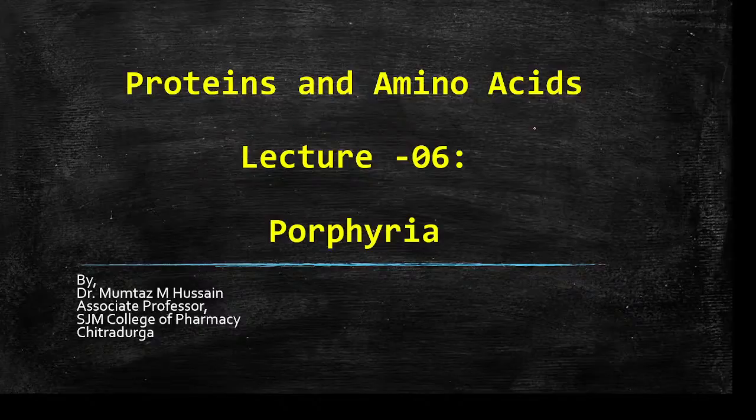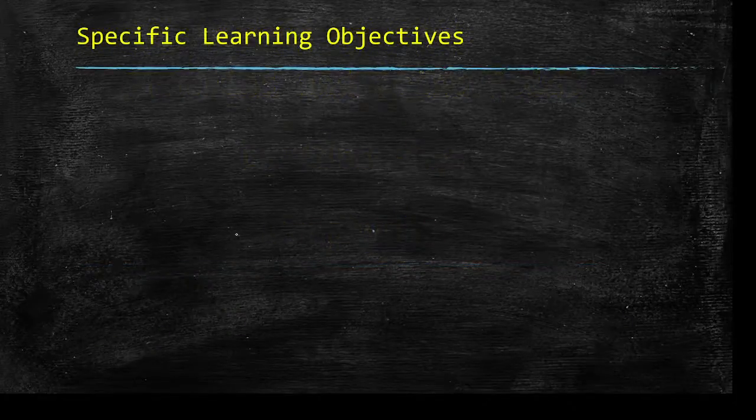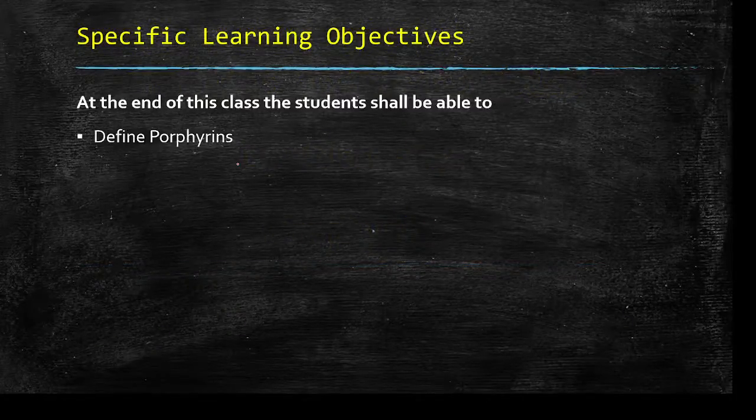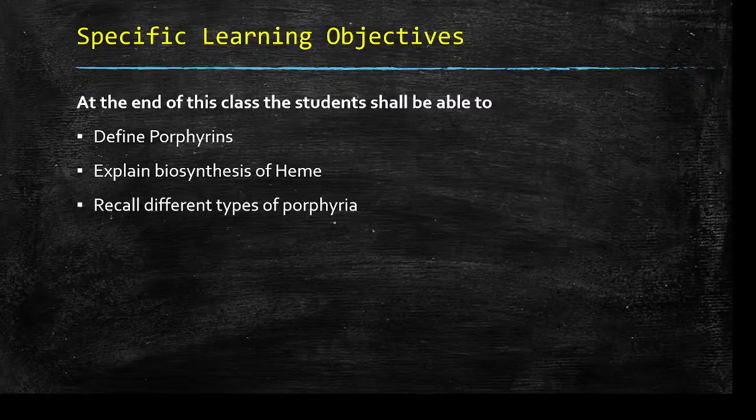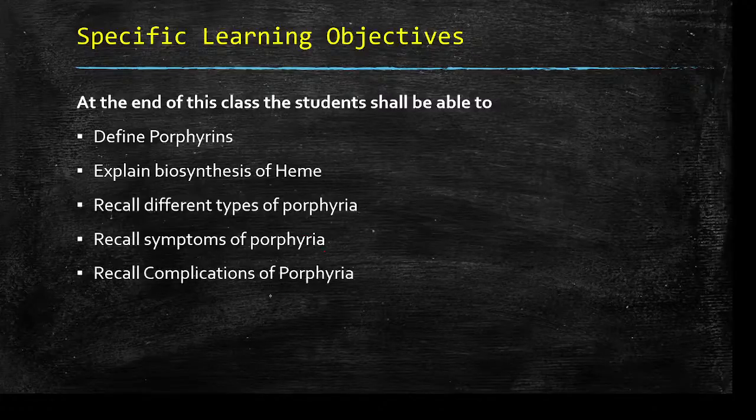Amino acids. Good morning. Welcome to medicinal biochemistry class on proteins and amino acids. So today we will learn about porphyria. The objectives of today's class are, at the end of this class, the student shall be able to define porphyrins, explain biosynthesis of heme, recall different types of porphyria, recall symptoms of porphyria, recall complications of porphyria, and recall